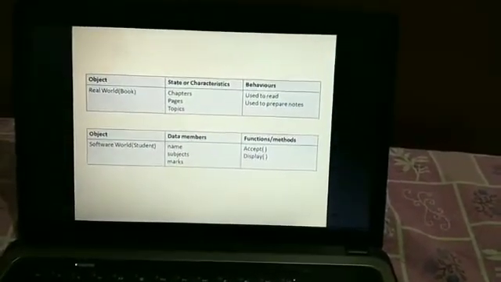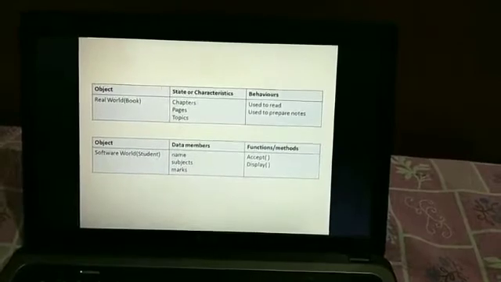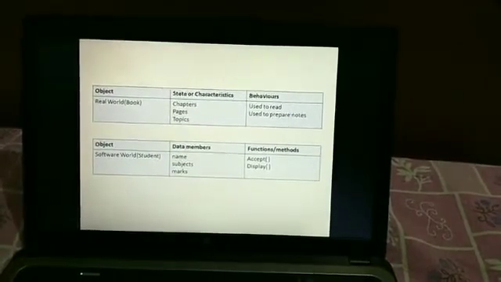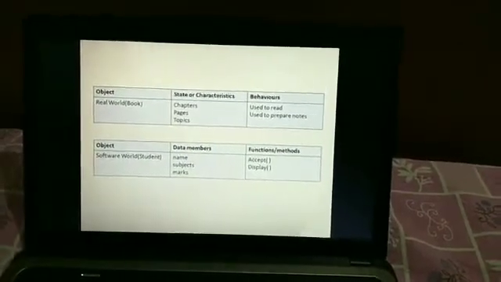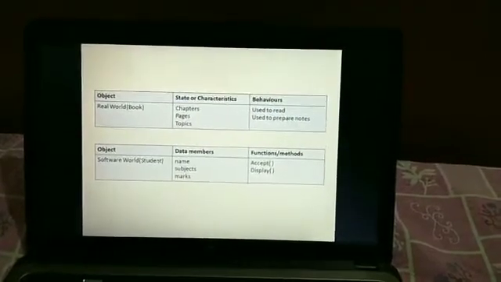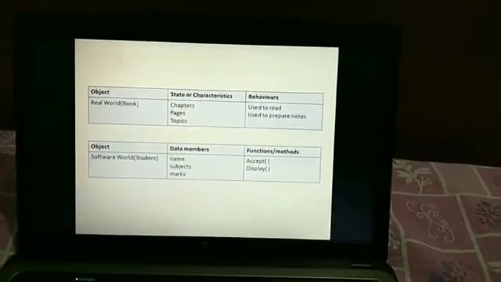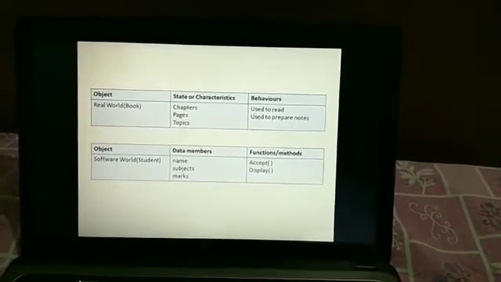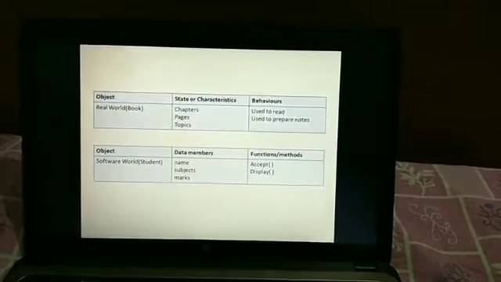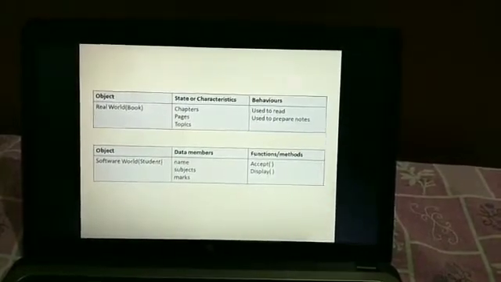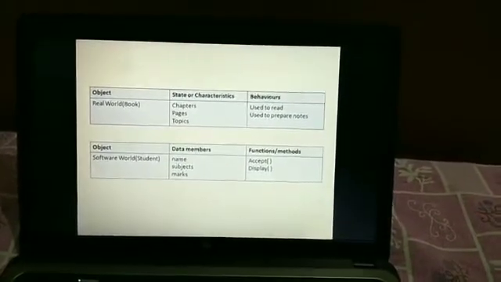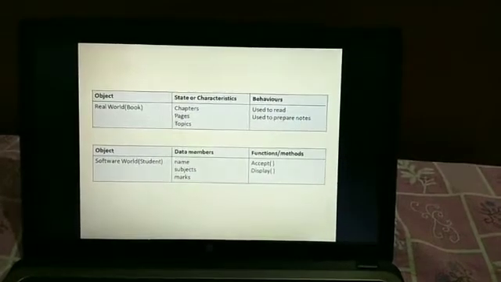Next, can you see an example over here? There is an object divided into characteristics and behavior. Under the real world, we have taken an object called a book. The characteristics are that the book contains chapters: number of chapters, number of pages, number of topics. And what is the behavior of that book?